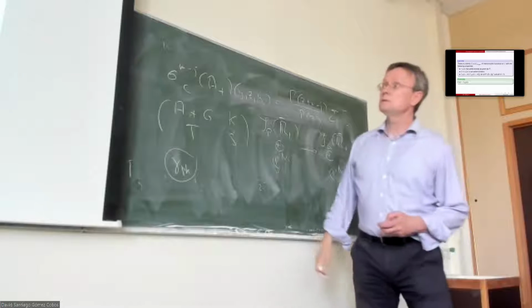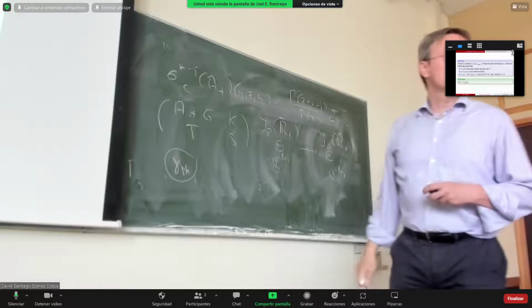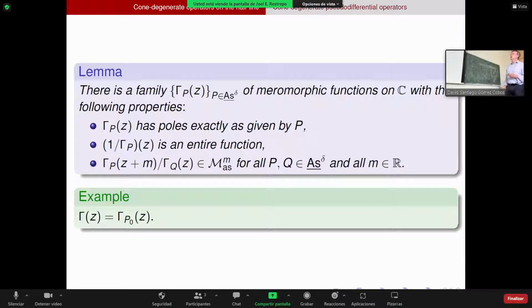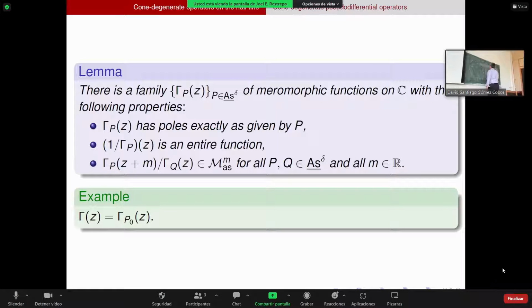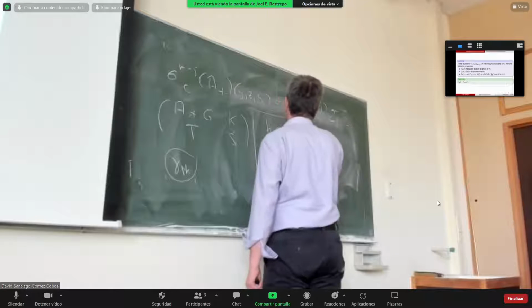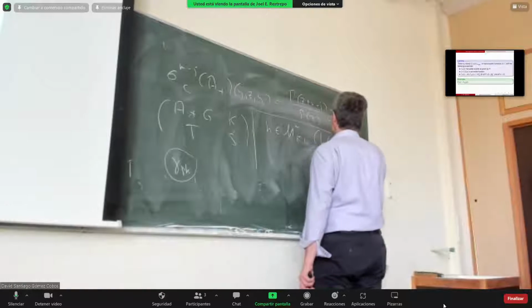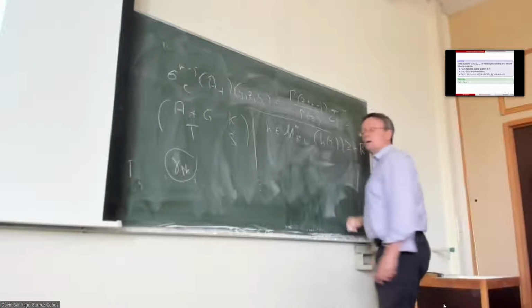But the corresponding replacement is, you see here, there's a family, actually essentially unique, at least what I need to discuss, indexed by these asymptotic types P, with some fixed delta. Delta is the fixed element, that's important. There are meromorphic functions on C with different properties. So the gamma p has poles exactly as given by p. Yeah, so for the class, and R, we said that the principal divisors